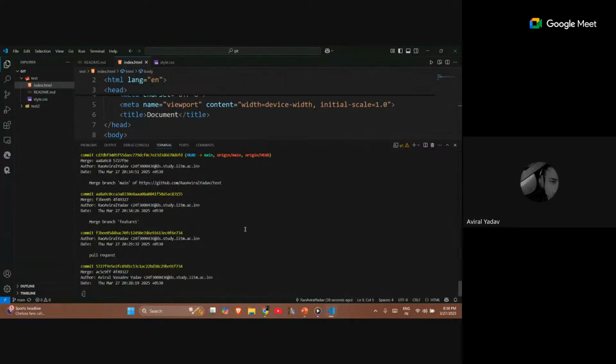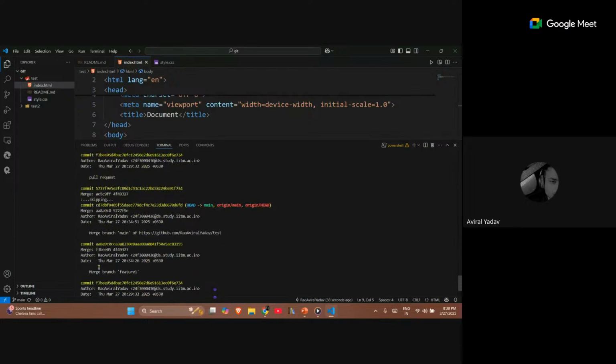And if you want to reset it so that it is removed from your editor also, you can use git reset --hard. The earlier reset that we did was called git reset soft, or you can use soft or not, that depends upon you. Git reset is fair enough, and after that you use the hash that you want to delete.